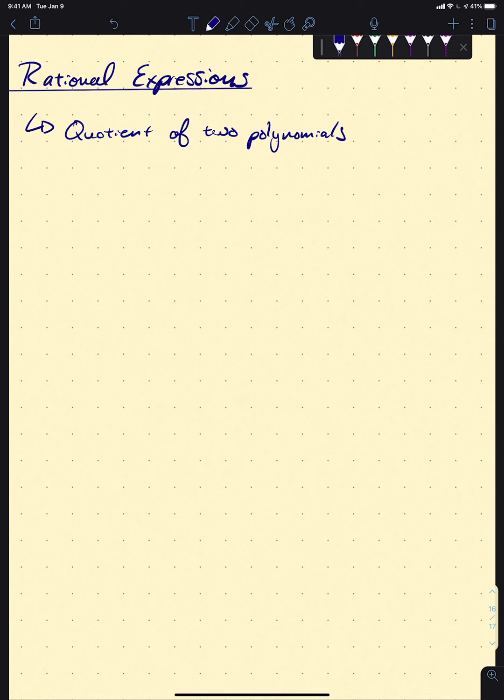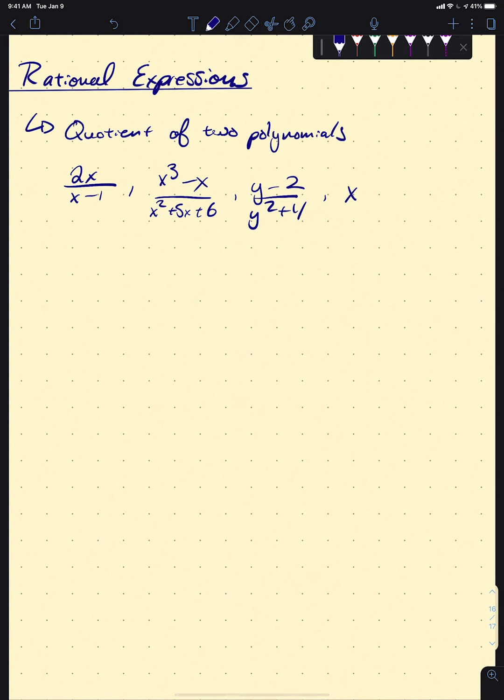Right, so we're dividing one polynomial by another, right? You might have 2x over x minus 1, or the polynomial 3x, or x cubed minus x over x squared plus 5x plus 6, or, say y minus 2 over y squared plus 4, or even say the polynomial like x cubed plus 3, right? 1 is a polynomial, so this is still a polynomial divided by a polynomial, albeit not a very interesting one,